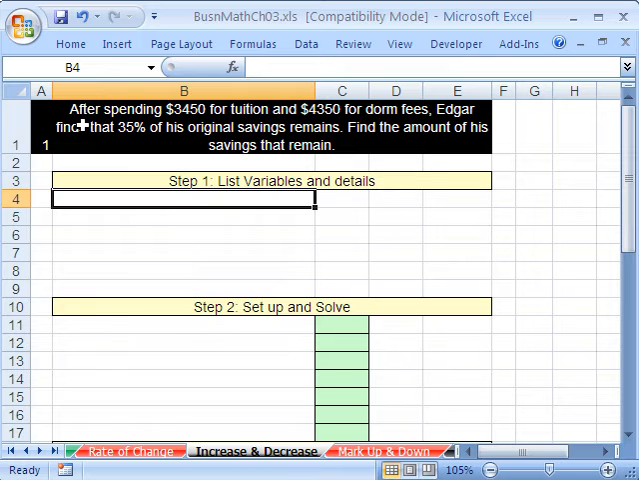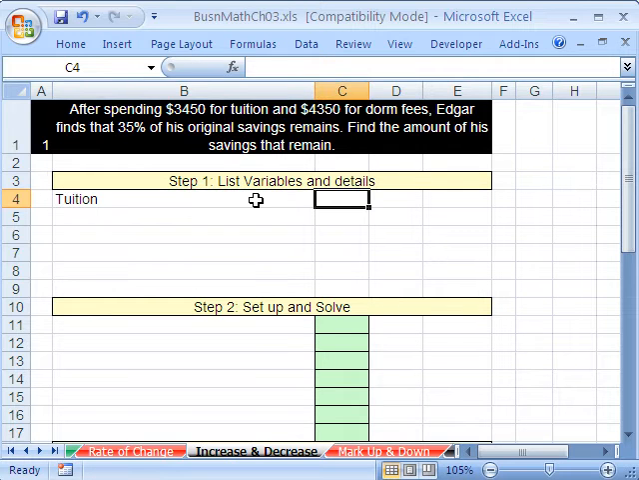Let's read this question. After spending $3,450 for tuition and $4,350 for dorm fees, Edgar finds that 35% of his original savings remains. Find the amount of his savings that remain. Well, at first it may seem confusing, but we have two tricks up our sleeves. We'll just start listing some variables, whatever we can extract from the problem, and then we'll try drawing a picture too. So after spending, I'm just going to put tuition,